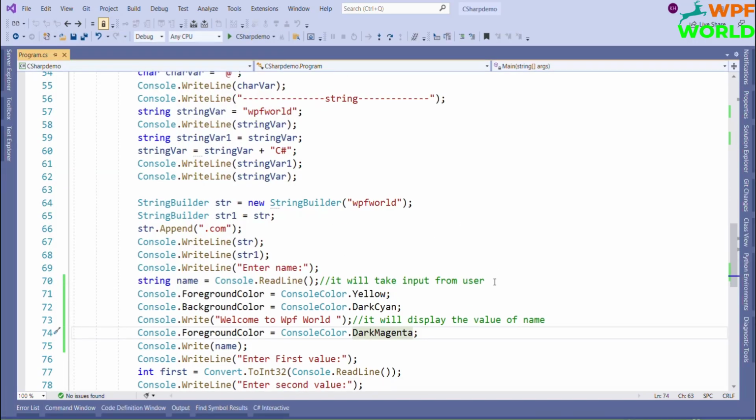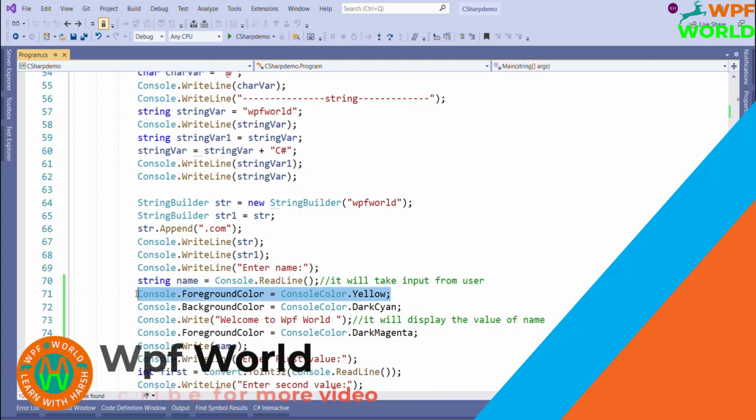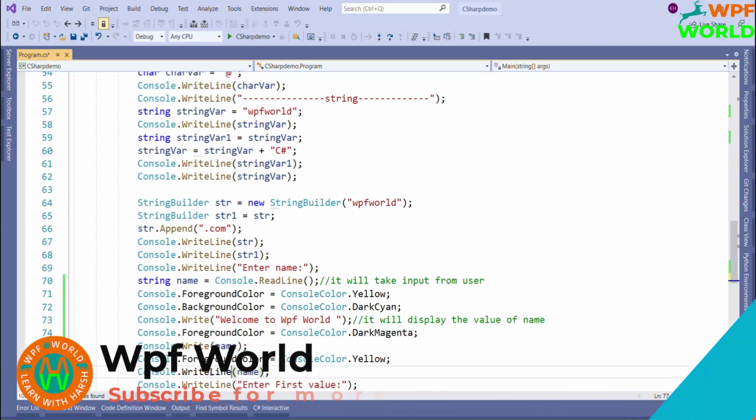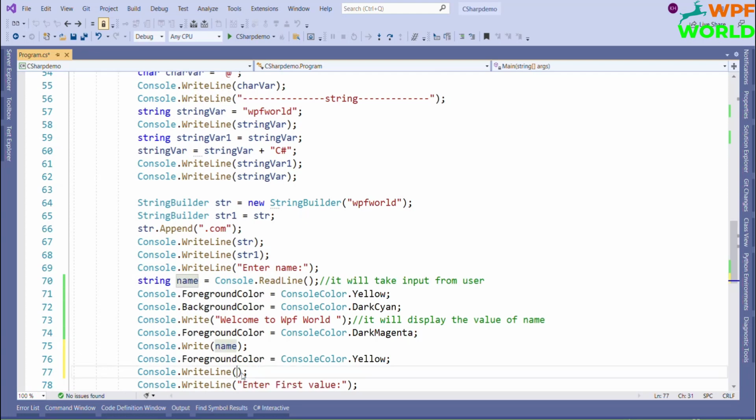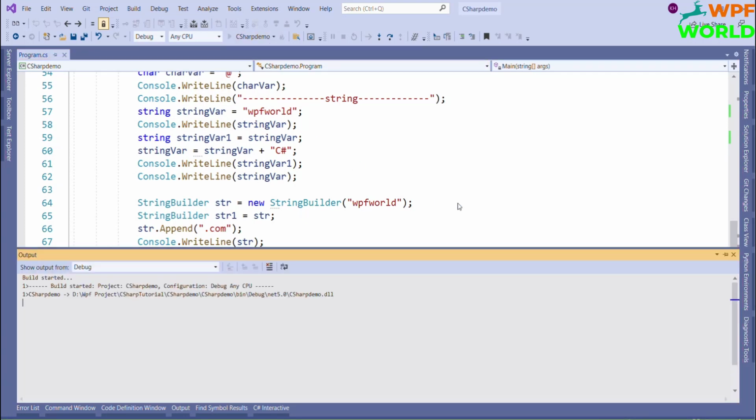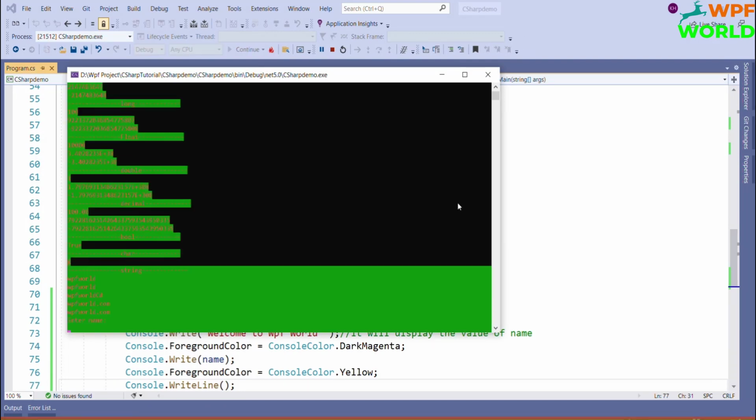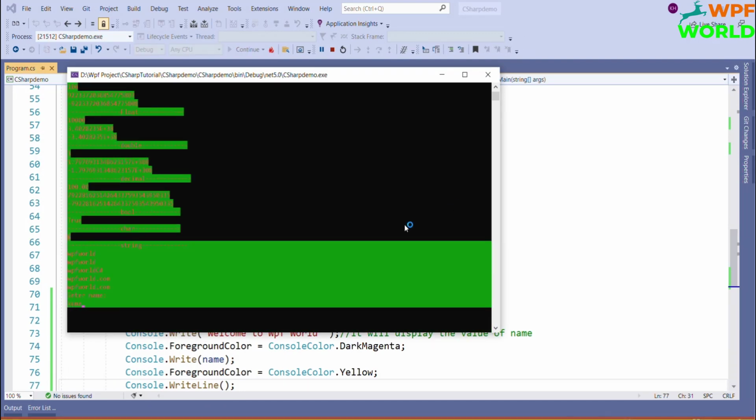But we don't want this; we want the same color for the others, so again we will add this. And we have to add one new line because I wanted to show the message on the next line. Now let's run and see. I am giving the value as Kumar. See, Welcome to WPF World Kumar, and the others are in white color.